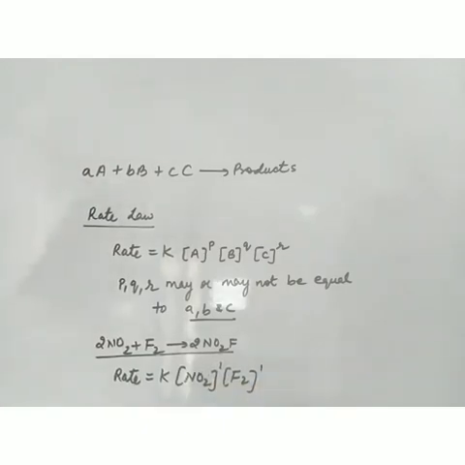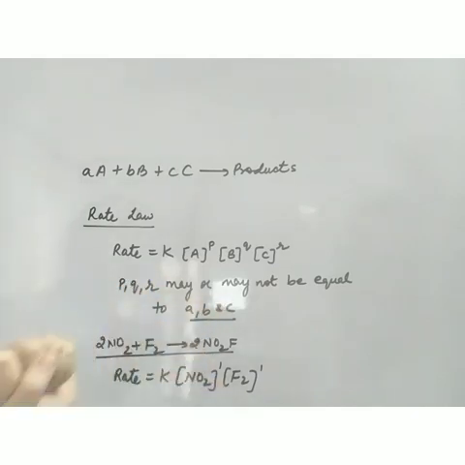So what you will conclude from this is that although 2 molecules of NO2 take part in the reaction, the rate depends only on the concentration of one molecule of NO2. This is experimental data. The rate basically depends upon the concentration of one molecule of NO2 and one molecule of F2. So this is theoretical and this is experimental. In the rate law, what power will come on the concentration term? We don't know. We can measure it only experimentally. So if a numerical comes on this, the rate law will be given to us because we don't know what power we have to use.